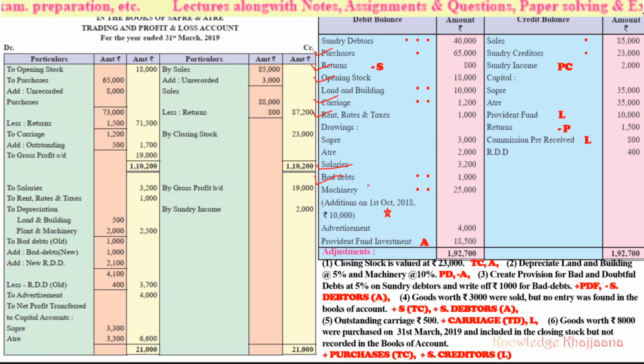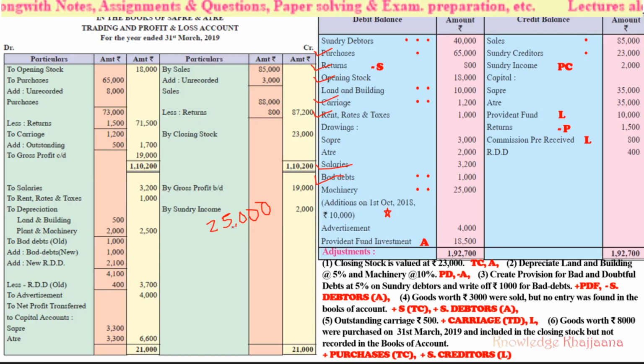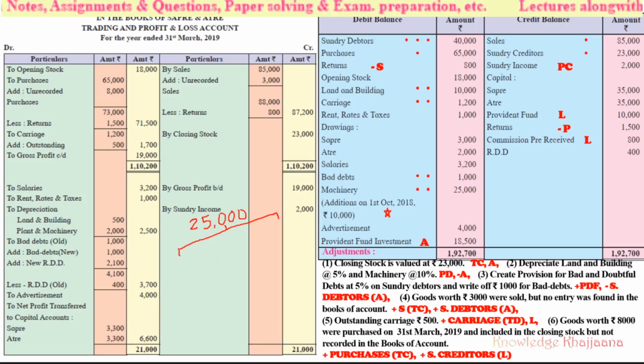Machinery goes to the balance sheet asset side. But on this machinery we have to calculate the depreciation. See, how to calculate the depreciation? Listen properly. Machinery of rupees 25,000 is the value of the machinery on 31st March 2019. Out of that, some machinery was with them from the start of the year, right? So we will make two parts of the value of rupees 25,000. There were two machineries, so two parts of machinery we have to consider.